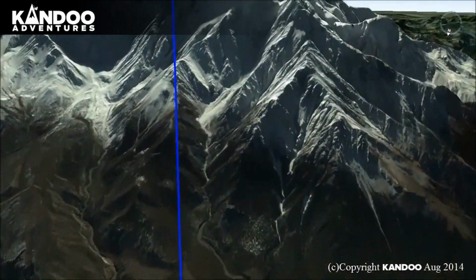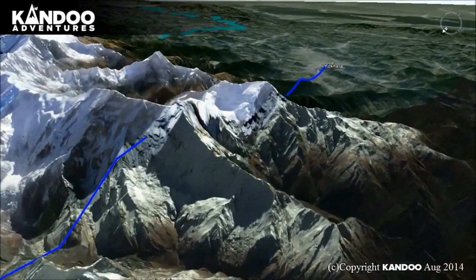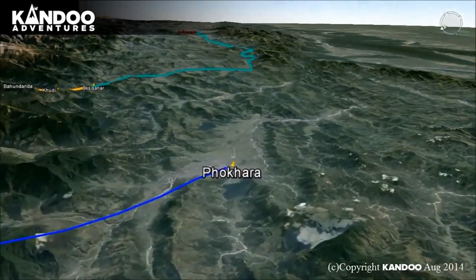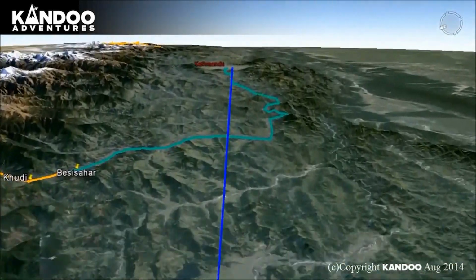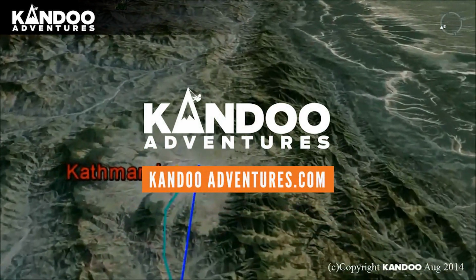You take an early morning flight from Jomsom to Pokhara. It is a spectacular flight along the Kali Gandaki Gorge and provides wonderful views of both the Dalagiri and Annapurna ranges. You then catch a further flight back to Kathmandu. Day 16, depart Kathmandu. A representative will take you back to the airport for your flight home.